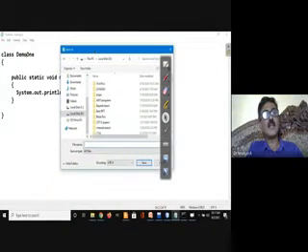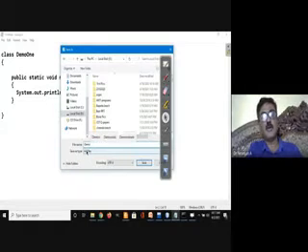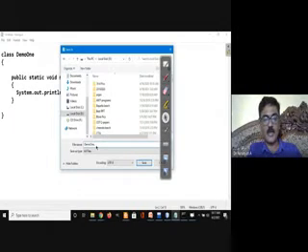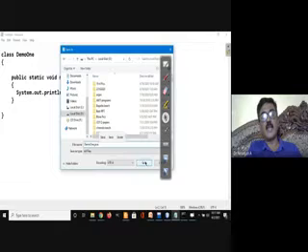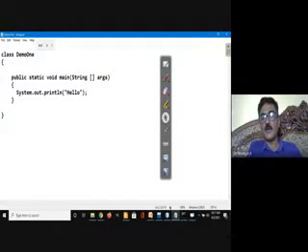It should be same. So demo1 is the class name. There is only one class, so I need to use that class name. Demo, D was in capital, so I have used a D capital letter here. 1, O is capital, so I am using O as capital letter here. Now I need to give the extension Java. So I am now saving this file as demo1.java.